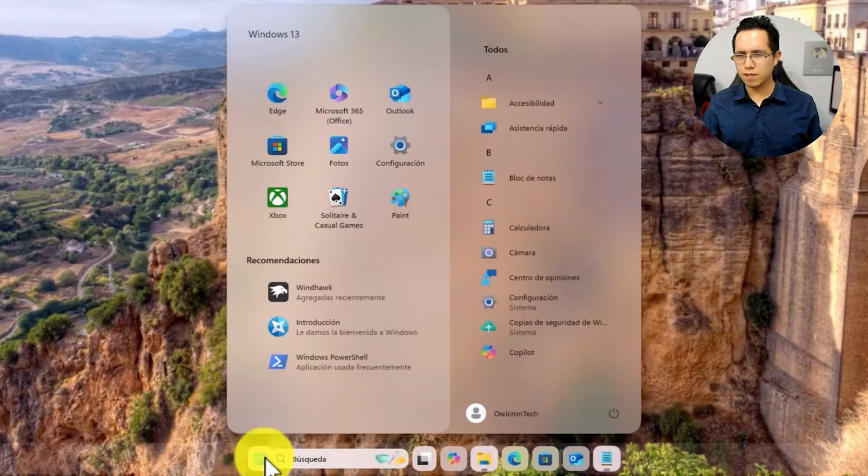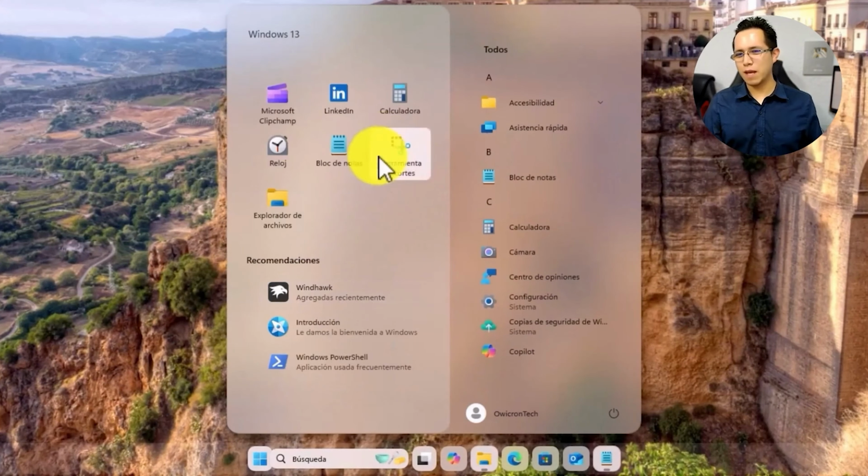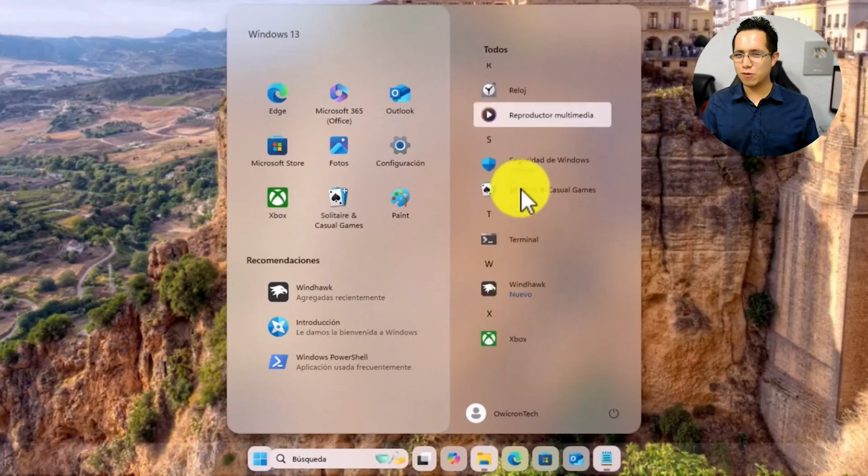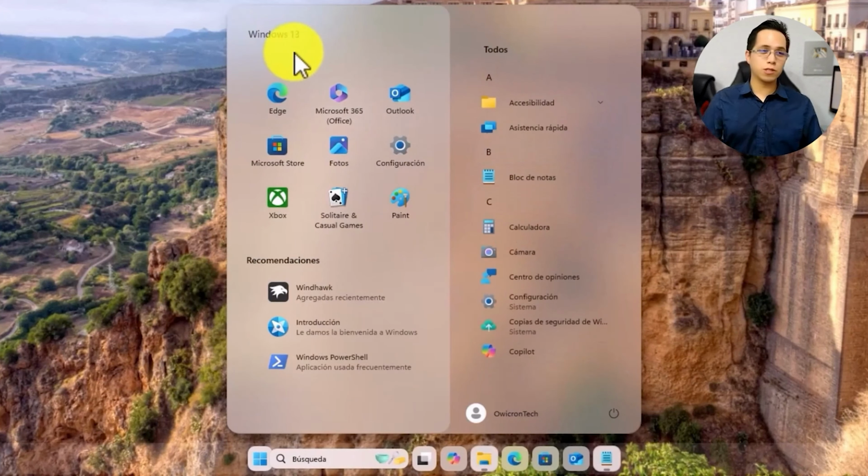Let's click the Start button here. Ho, ho, ho. Look how glorious this looks. It looks beautiful, guys. We could even say this is the famous Windows 13, right? All the mods are customizable, okay? If you want to learn how to do that kind of